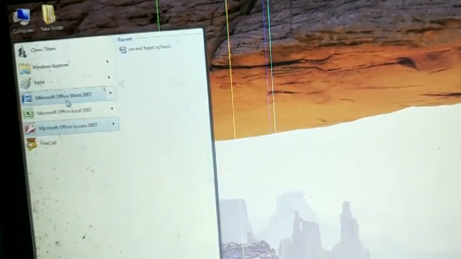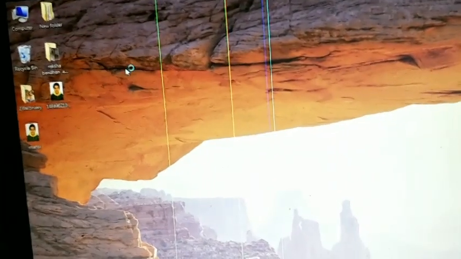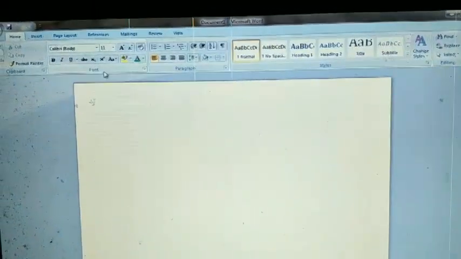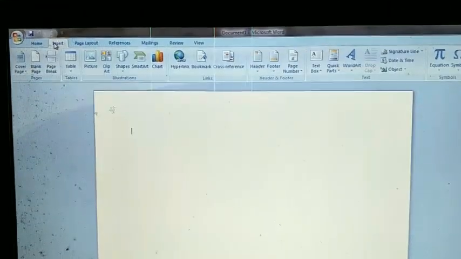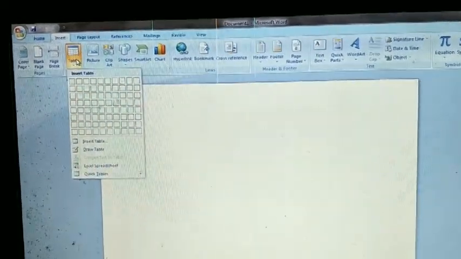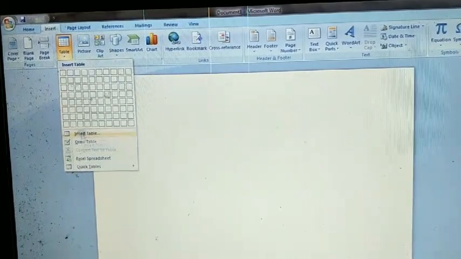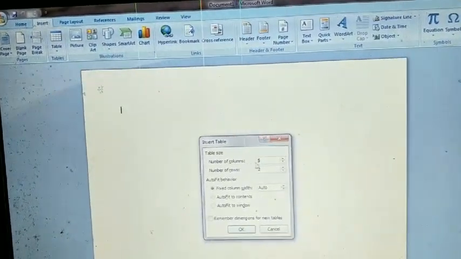So first you will open MS Word. Now click on the insert option, click on the table option, and how many rows and columns do you want to insert?